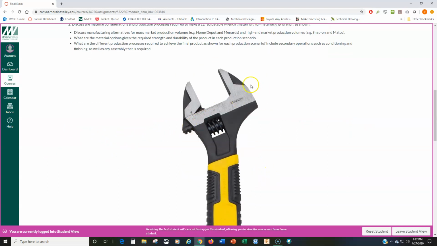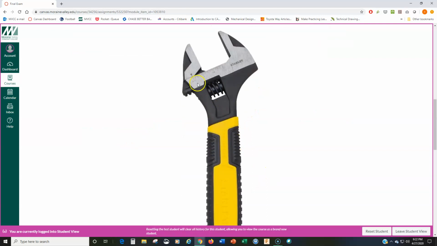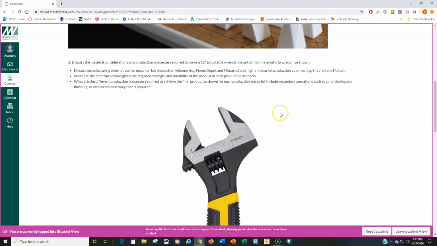Notice that this has to be assembled together. Is there a way that we can assemble this using robots? Does it have to be hand assembled? Those scenarios. Again, this doesn't require calculations, but I do want you to be as detailed as possible,